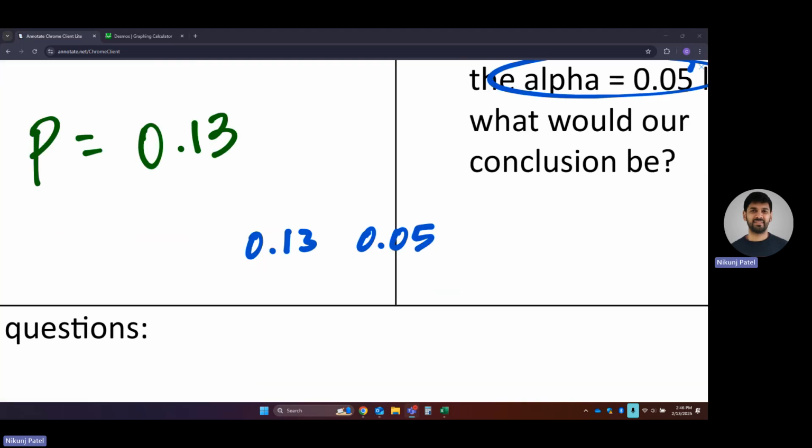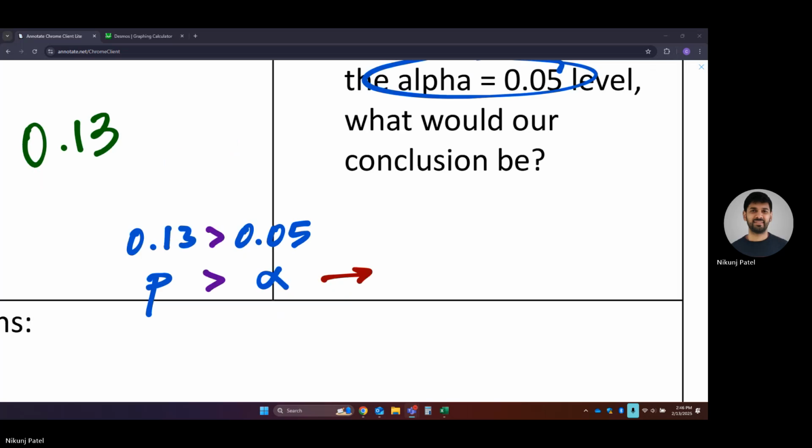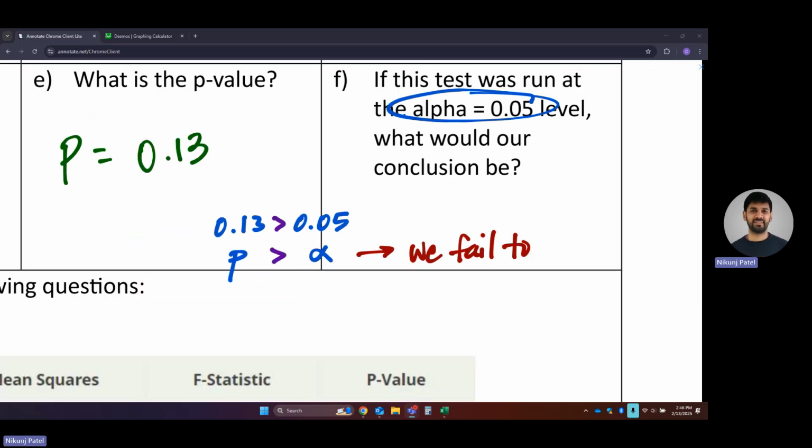The symbol that needs to go in between them is a greater than symbol, because 0.13 is greater than 0.05. The one that's greater is the P. So this leads us to the conclusion: we fail to